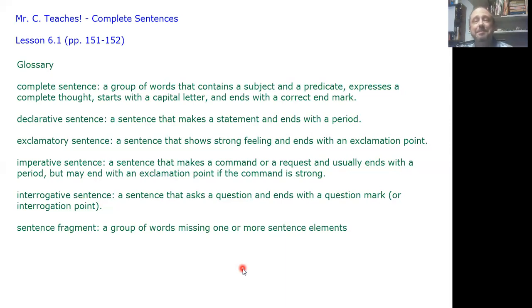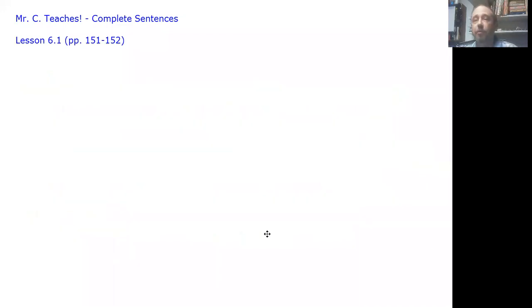Thank you. And now that you've copied these terms into your glossary, we're going to go ahead and continue to move on. I'm going to go ahead and delete these terms because we don't need them, right? On the whiteboard, you have them in your glossary, so that's exciting. I think that's exciting. All right, so now let's look at the difference between a sentence and a sentence fragment